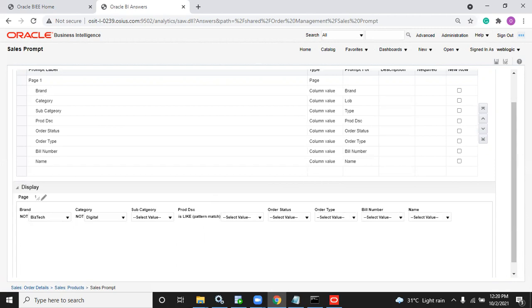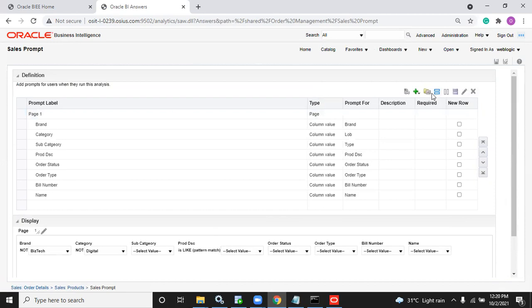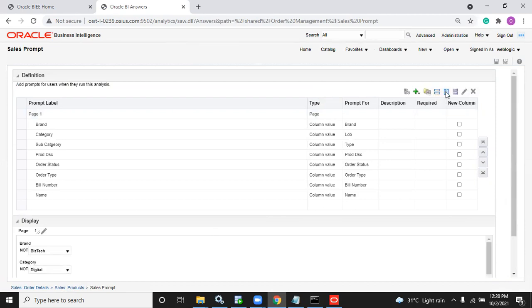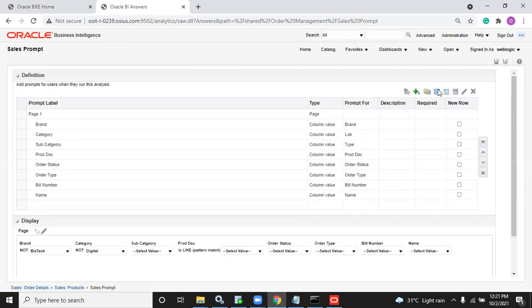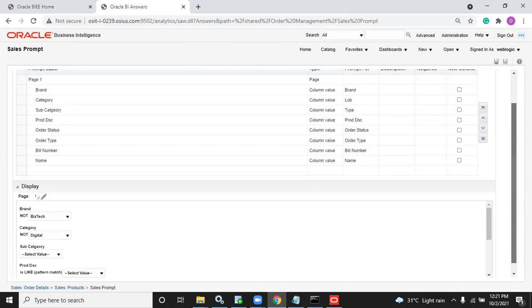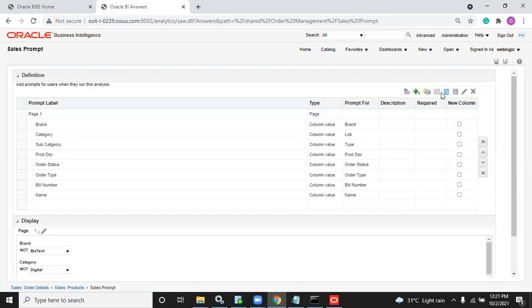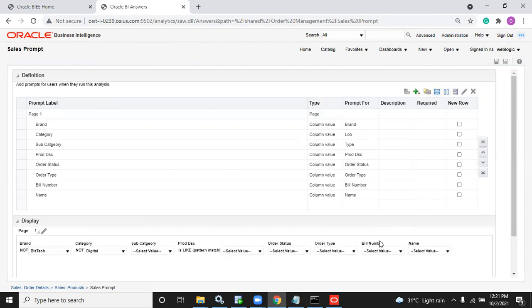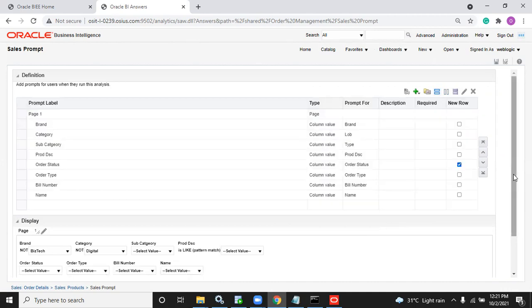But when we created the prompt, they were coming in a single line, like this. These two options are like everything in a single line or everything in a single column. But when you want everything in a single line, but few want to go to a new line, then whatever you want to go to a new line, just enable the checkbox.